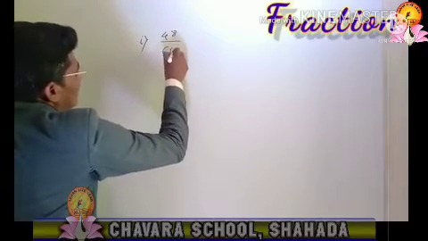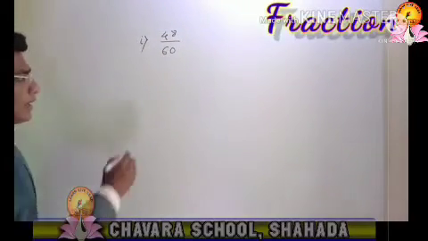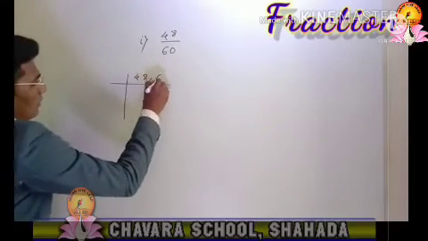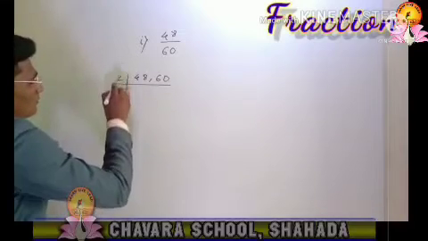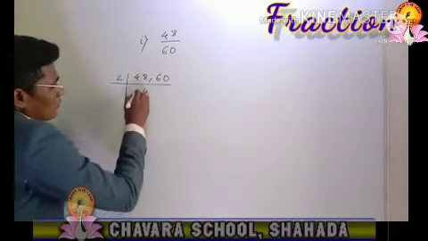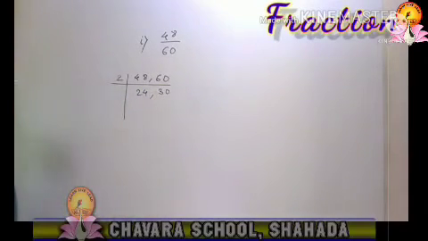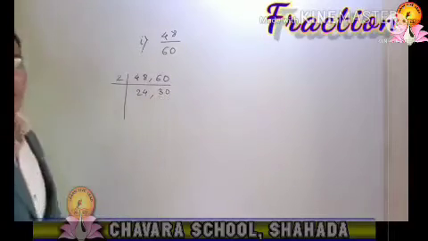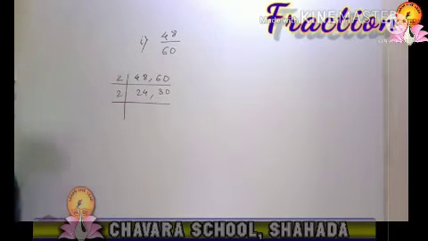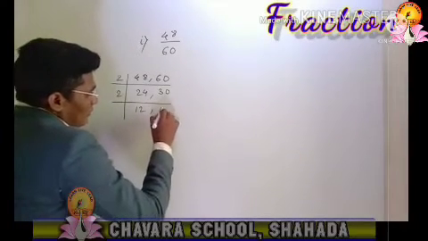The example is 48 upon 60. Now as we have the numerator and the denominator, we can take out the HCF of both the values. First of all, arrange the values. Divide these values by 2, as 2 24s are 48 and 2 30s are 60. Again, both these values are divisible by one value, that is 2 only. Then it will be 12 over 24 and 15 over 30.